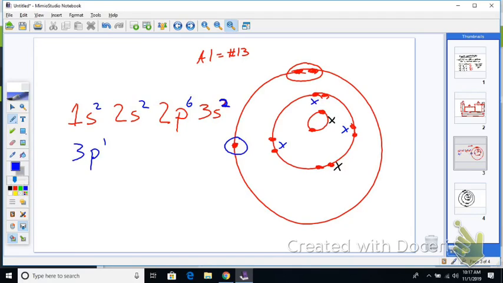Now, eventually, we're not going to care about this 1s, or 2s, or 2p, but we're going to be more concerned about this outer portion here. This outer portion we're going to be a lot more concerned about when we talk about reactivity, because these are the only electrons involved in bonding. These inner ones are called inner electrons. We don't care about them. But to get the outer electrons, we've got to configure the inner ones to see where we're at. Okay, so that is it. And then we'll build upon the electron configuration on Monday and into Tuesday a little bit. Okay? All right, I've got a short little